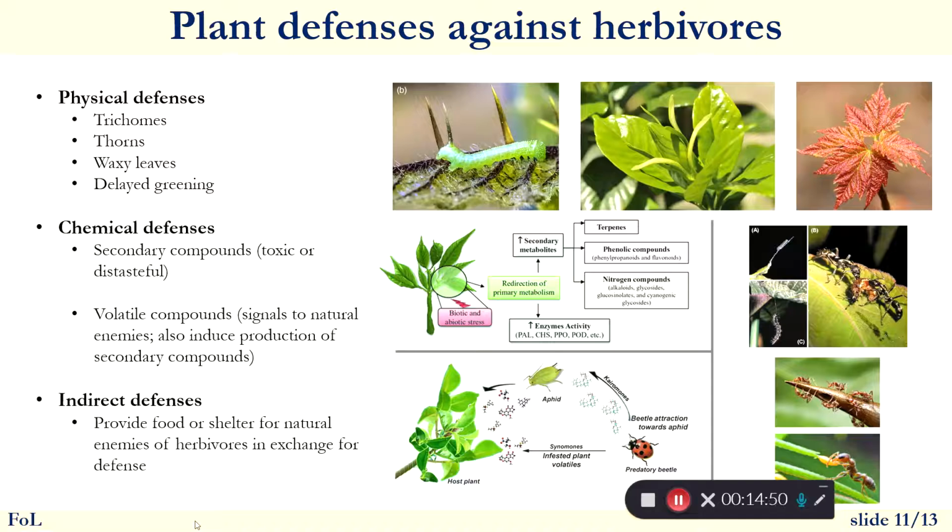And then there are what we call indirect defenses. So this is where plants will actually invest energy into providing food or shelter for these natural enemies of herbivores in exchange for defense. This happens a lot with ants. As you can see here, this is an example where